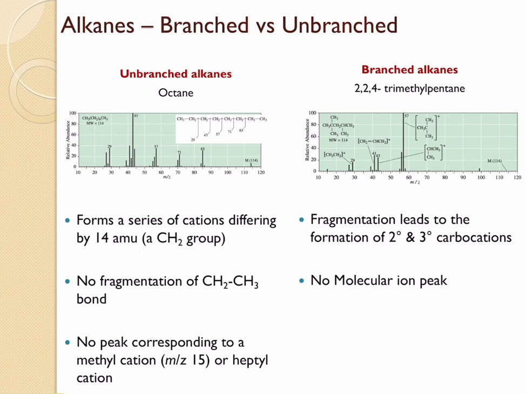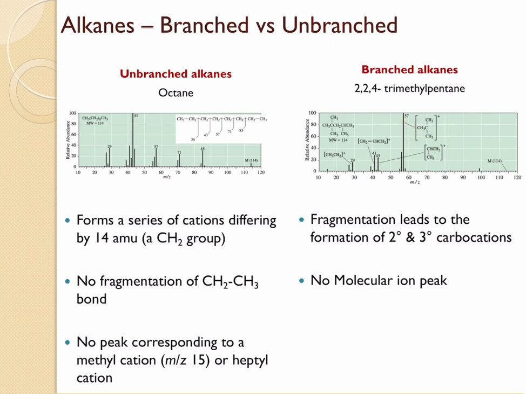When it comes to the branched alkanes, the fragmentation is going to lead to the formation of secondary and tertiary carbocations. If you take a look at the structure right here, we are going to find out the most stable carbocations that are formed. From the mass spectrum, it's very clear there are two important peaks, right? So this peak is definitely going to be the base peak, and it should correspond to the most stable fragment. So this is going to correspond to the tertiary carbocation, which is the most stable fragment that is obtained for